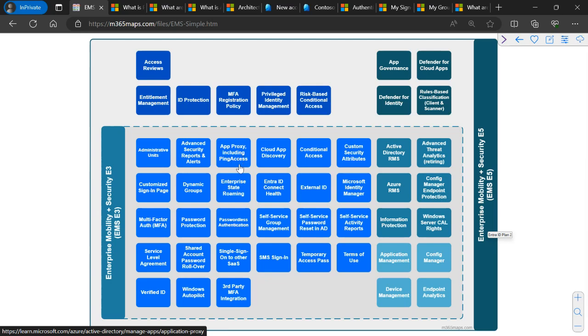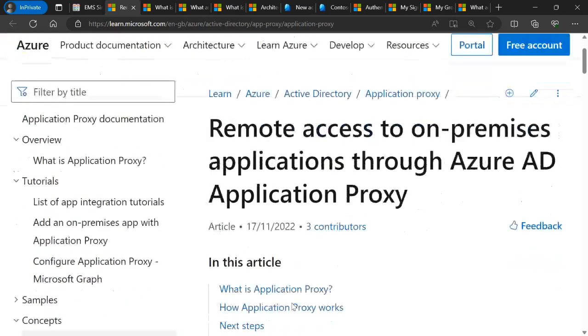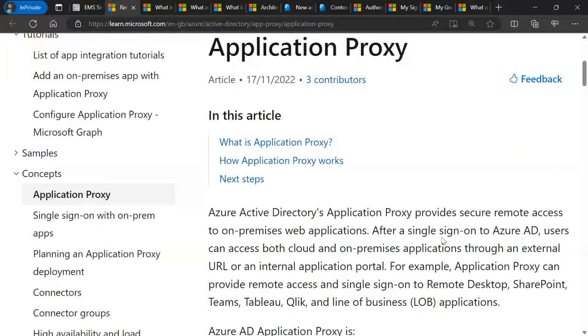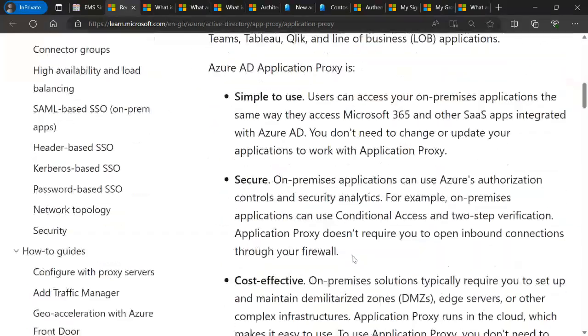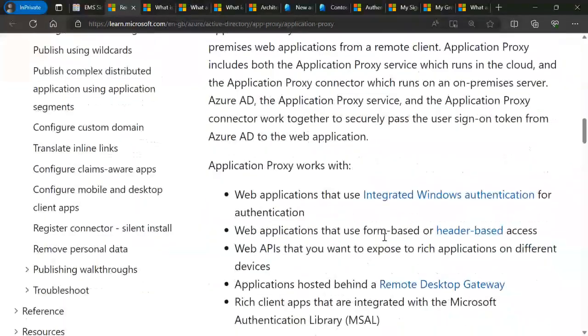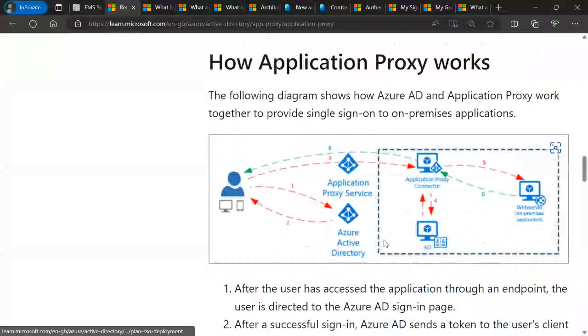So in Azure AD Plan 1, a lot of people know what App Proxy is. App Proxy allows any on-prem web-based application to be published out, and you'd see it in, for example, My Apps. And then we can apply MFA, conditional access type of policies. For those of you that aren't aware, you install an agent on any Windows server. As long as that server can see it, it will tunnel it through to the cloud. So this is a very, very fantastic way. But the only problem here was the App Proxy service was only doing it for